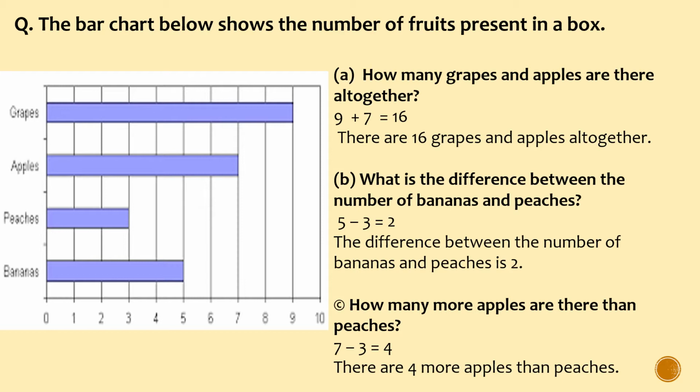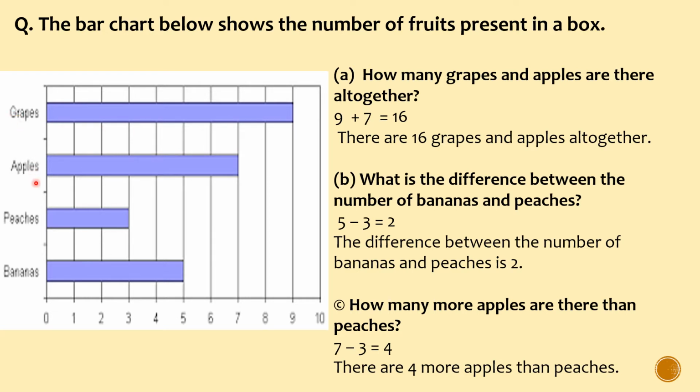So here you can see we have a bar chart. We have already learned what a bar chart is in our previous class, grade 3 and grade 4. You can see this is a bar chart that is lying down, it's horizontal. The bars are not vertical, they are horizontal. So the pattern might be different. The bars might be standing vertically, or they might be standing horizontally.